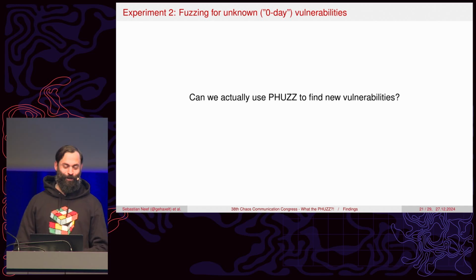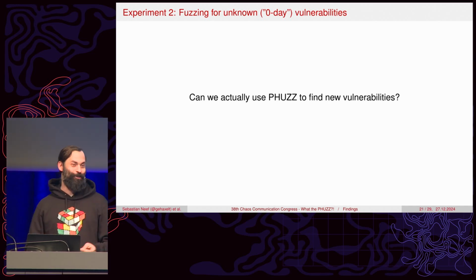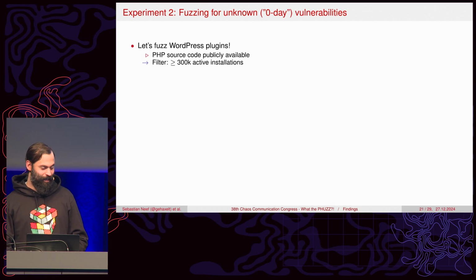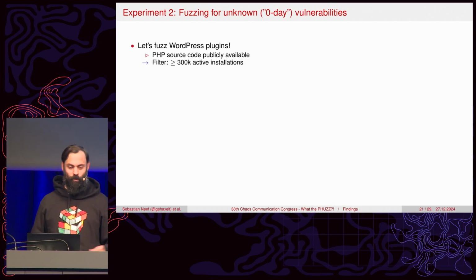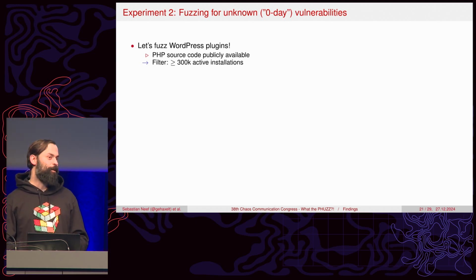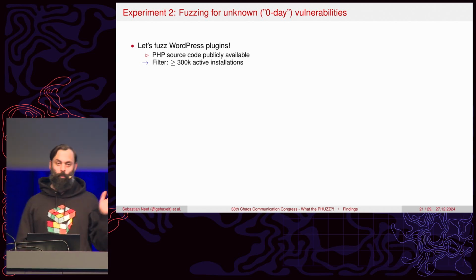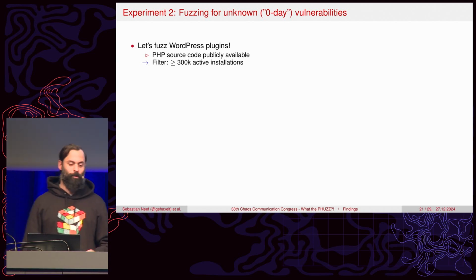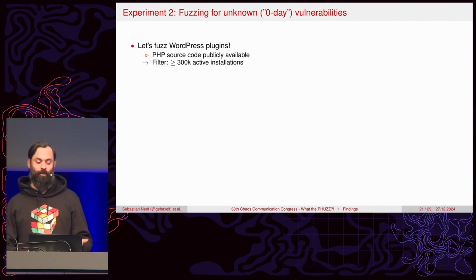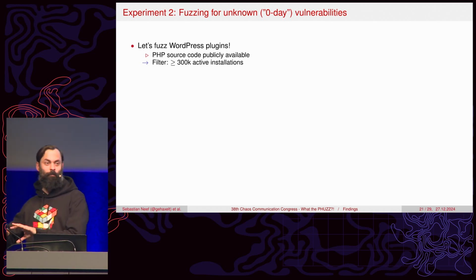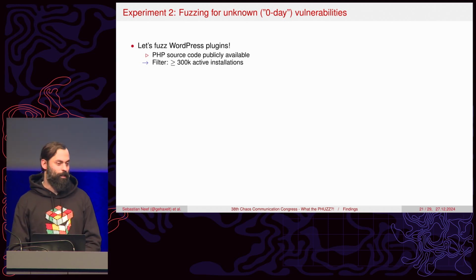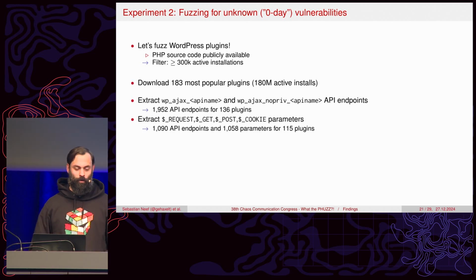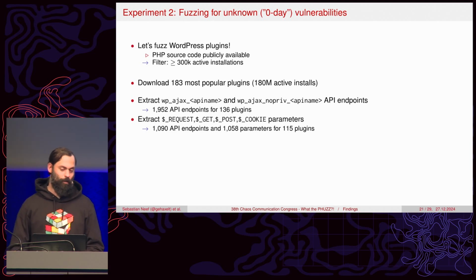So can we actually use Fuzz to find new vulnerabilities? We thought, okay, how do we get a lot of potential source code written in PHP that is publicly available that we can fuzz? We found WordPress plugins to be a suitable target, and to make it a bit harder for our fuzzer, we decided to not fuzz plugins that have like 100 installs or something, but ones that have over 300,000 active installs. So we downloaded 183 of these